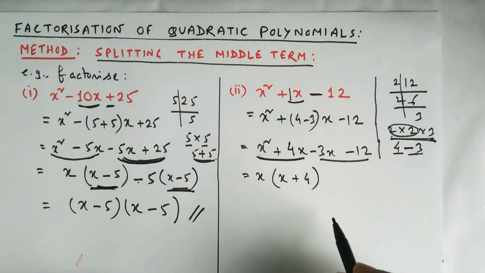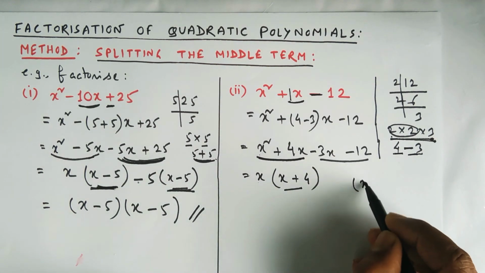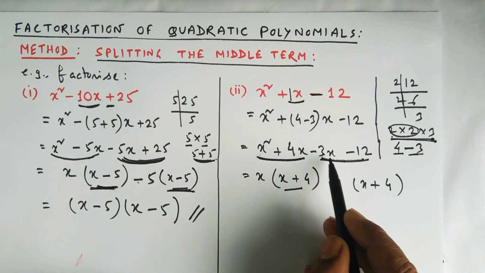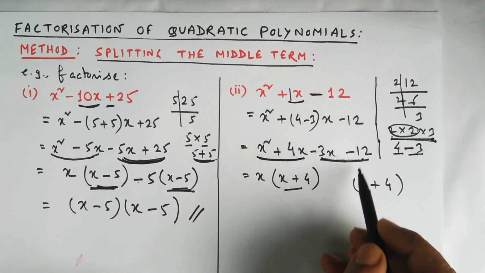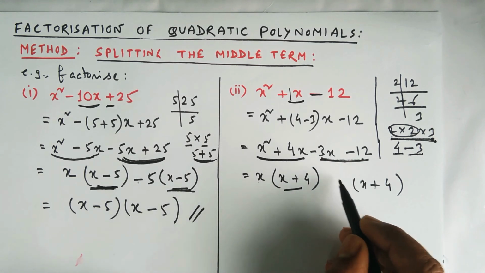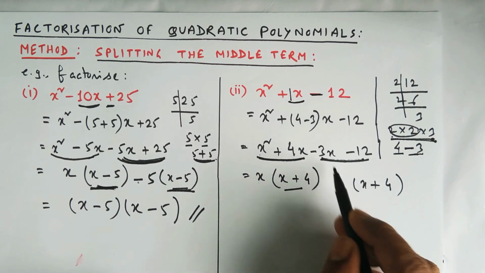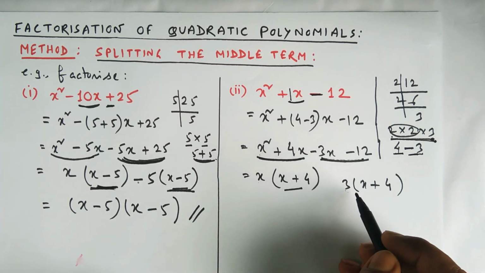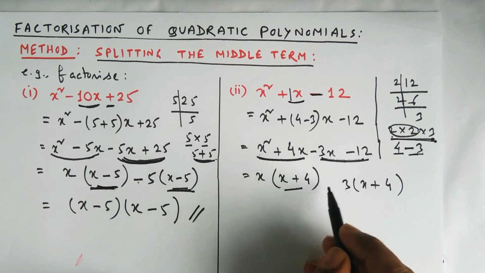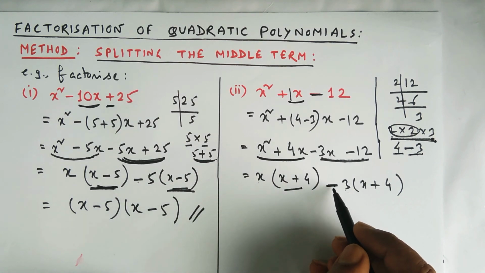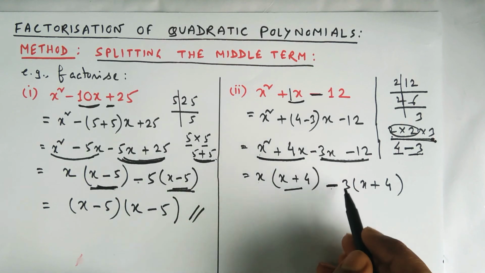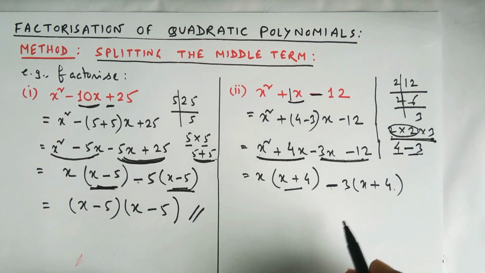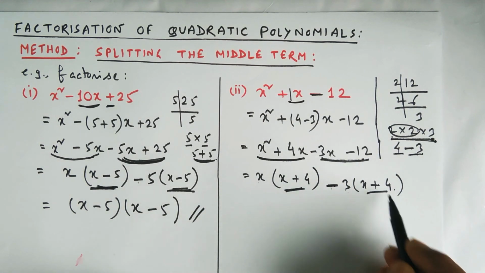What I was saying in the previous question, that if I get x plus 4 here, I must get x plus 4 here also. So which number should be taken common from these two, so that this minus 3x and minus 12 will be your correct numbers in the previous line. Since I am taking x here only, I should write the number 3. 3 into x, 3x, 3 into 4, 12. Numbers are correct. Sign: since I got minus here, I will take minus common. See how: minus plus minus, 3 into x, minus 3x. Minus plus minus, 3 4s are 12, so minus 12. Now in this line, x plus 4 is there in both.